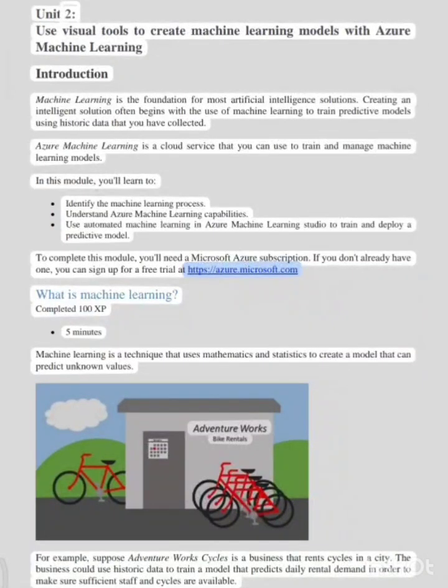Unit 2. Use visual tools to create machine learning models with Azure Machine Learning. Introduction. Machine learning is the foundation for most artificial intelligence solutions. Creating an intelligent solution often begins with the use of machine learning to train predictive models using historic data that you have collected. Azure Machine Learning is a cloud service that you can use to train and manage machine learning